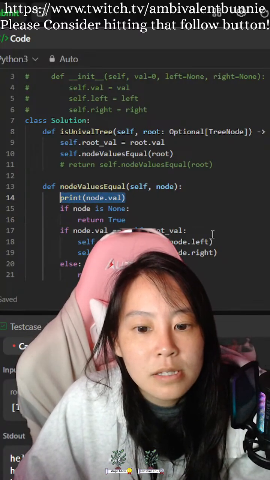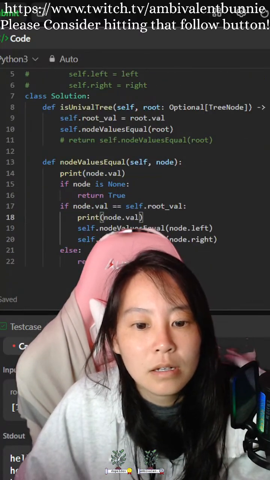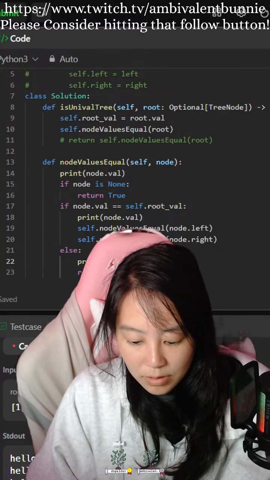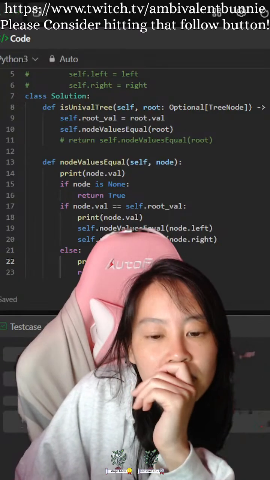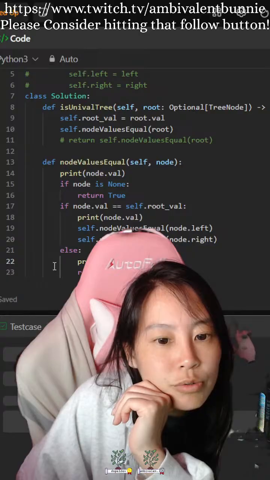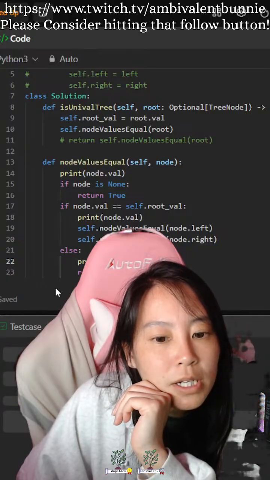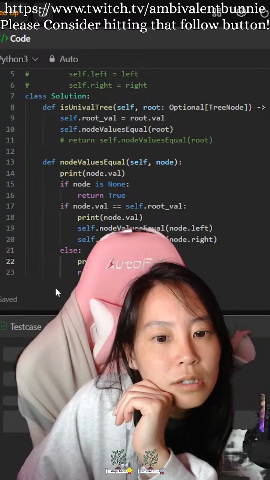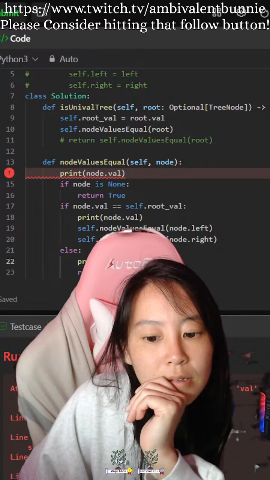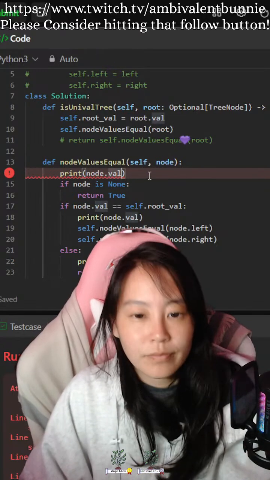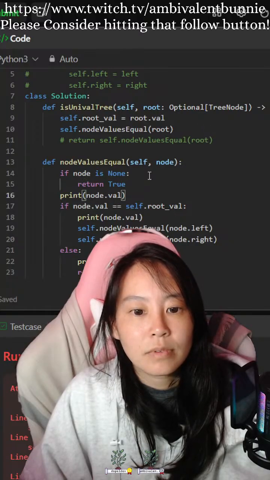Let me see what's going on here. I think I need to return true here, but: NoneType object has no attribute val. Oh, wait. There we go.